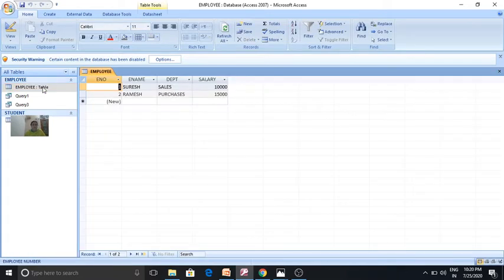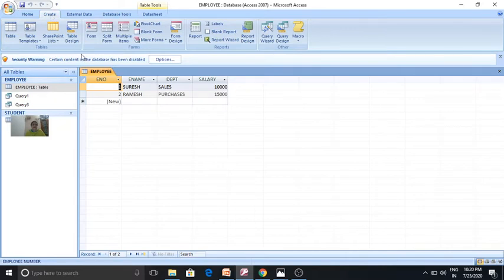This is the employee table I have created. Then let me create the query. Now let us go to the create tab. Under the create tab, there is already a table here, the employee table, with employee number, employee name, department and salary. Then you have the other group. Go to the other group.